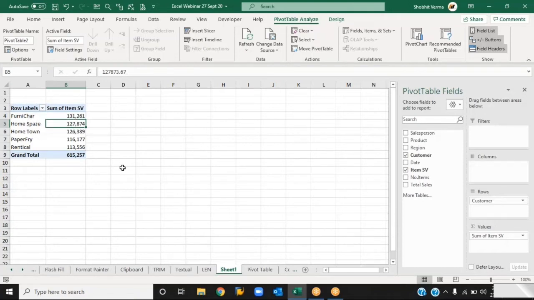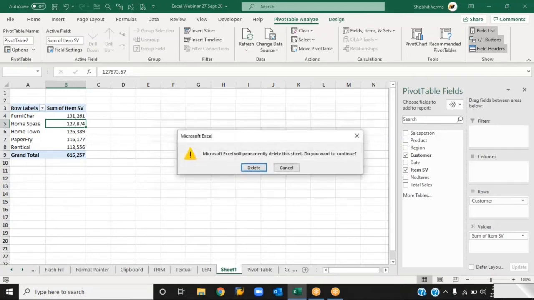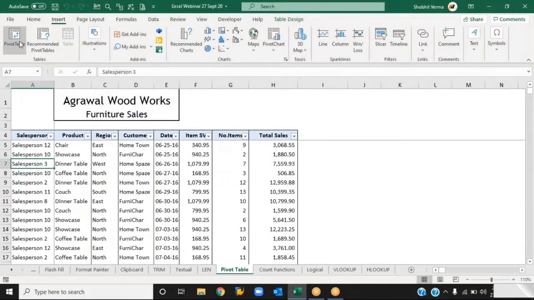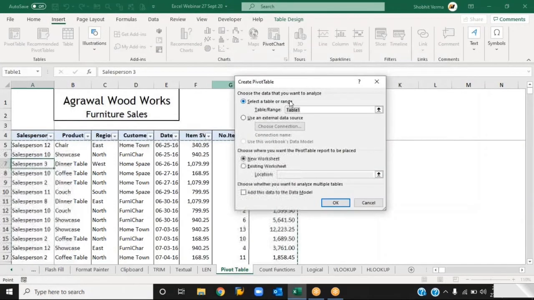If we want to prepare a pivot table on our own, suppose I delete this and come to the database. Now I insert, going to pivot table. Now you need to give a range.